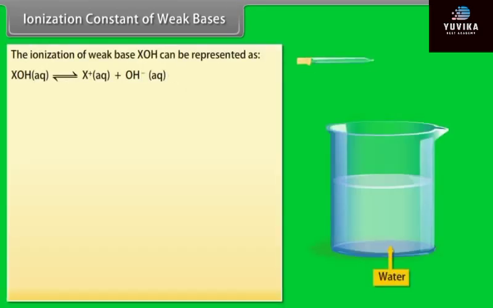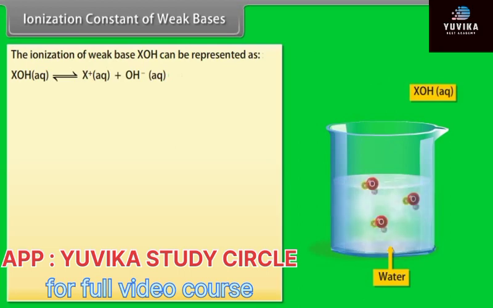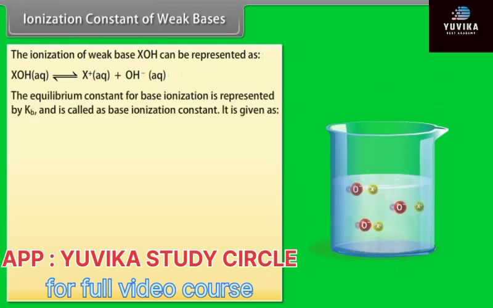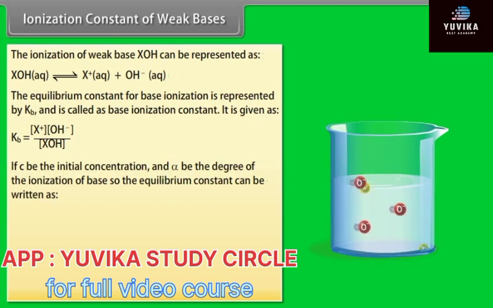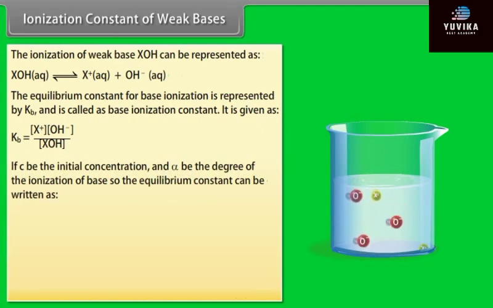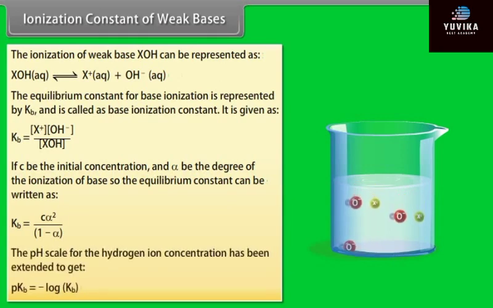Ionization constants of weak bases. The ionization of weak base XOH can be represented as follows. The equilibrium constant for base ionization is represented by Kb and is called the base ionization constant. If C be the initial concentration and alpha be the degree of ionization of the base, the equilibrium constant can be written as Kb is equal to C alpha square by 1 minus alpha. The pH scale for the hydrogen ion concentration has been extended to get